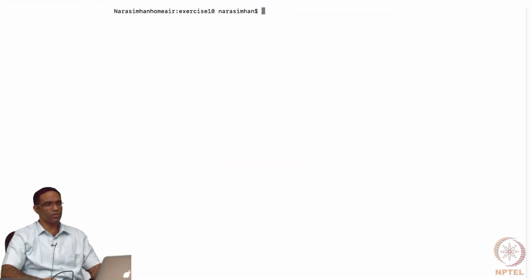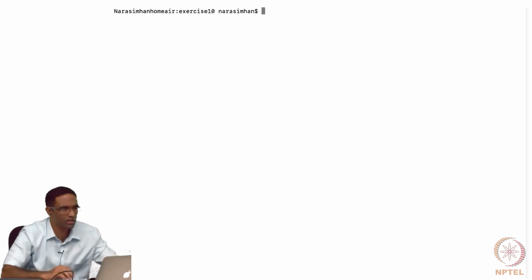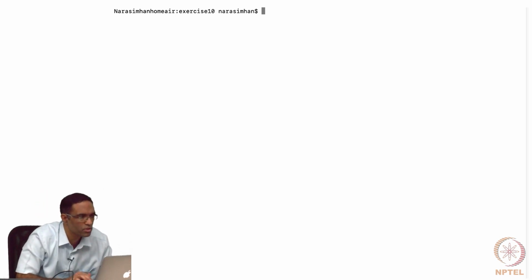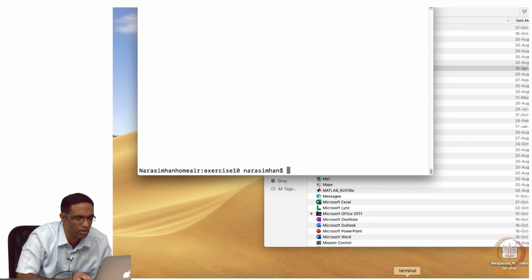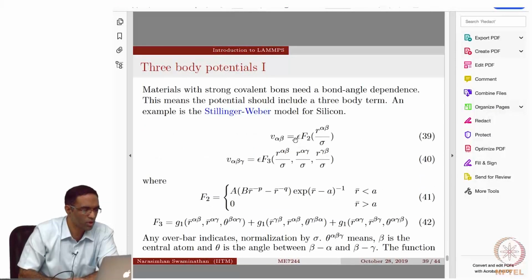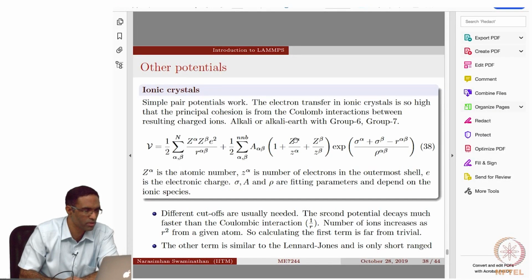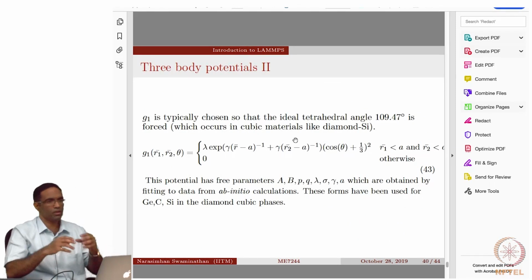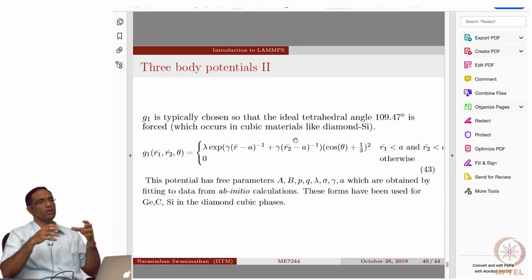So let's continue with some of these exercises. Last class we were looking at the Stillinger-Weber potential, and we saw another potential for ionic crystals. Now I want to show you a simple example where the Stillinger-Weber potential is used for